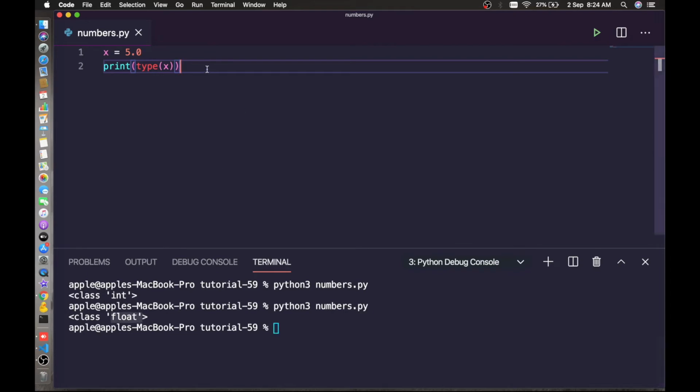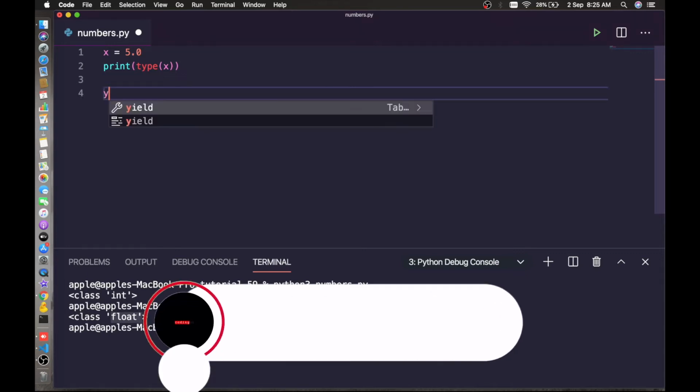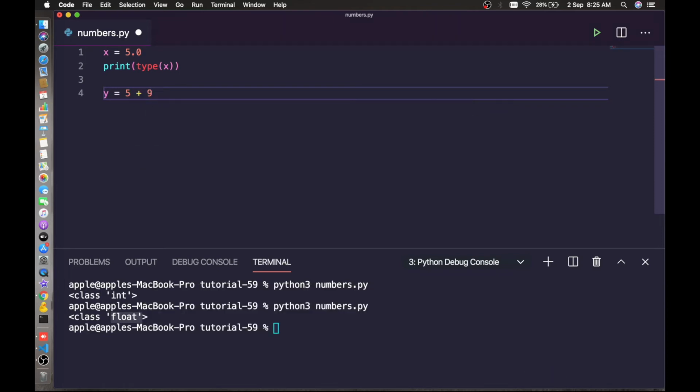So let's talk about the complex number. Complex numbers are written in the form of x plus yj. Let's give an example here. Suppose y equals 5 plus 9j. Okay, so this is a complex number.